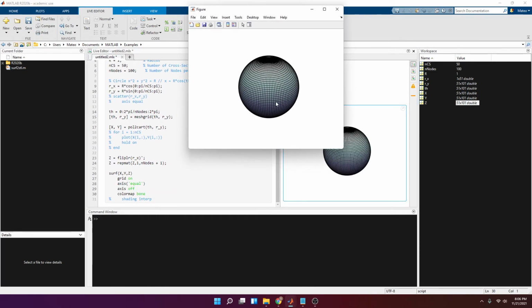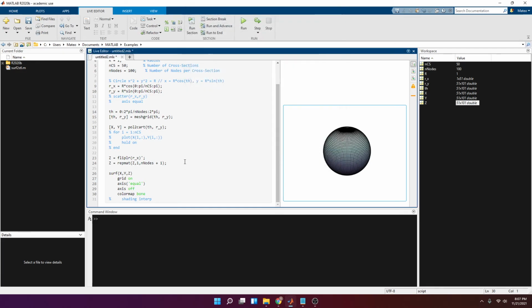There you go. Oops, sorry. There you go. You can see the two singularities up here and up here. If you want the singularities to be along the horizontal line, all you have to do is swap X with Z,